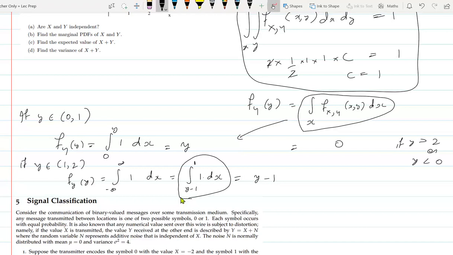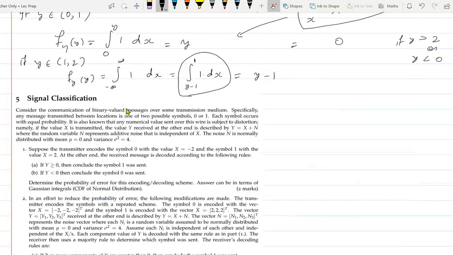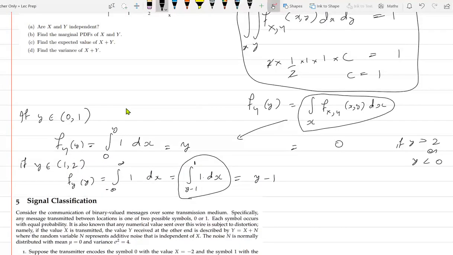Yes, because x is only non-zero, I mean the density function is non-zero only from y minus 1 all the way to 1 when x varies in the figure. So this thing is called y minus 1 and this thing is 1. So x can vary only from y minus 1 to 1. If you integrate this, the integral of this is x, and you need to go from y minus 1 to 1.